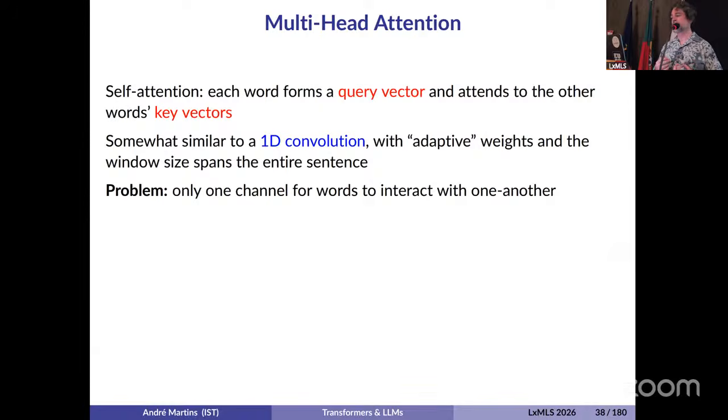Okay, why do you just want a single attention transformation? Why don't you have multiple channels where we are applying attention transformations using different projection matrices to obtain queries, keys, and values? Okay,